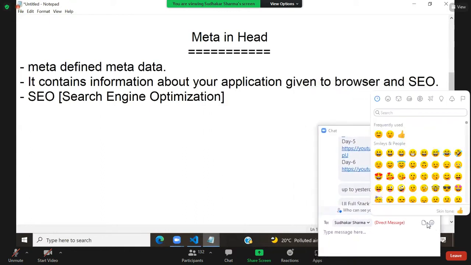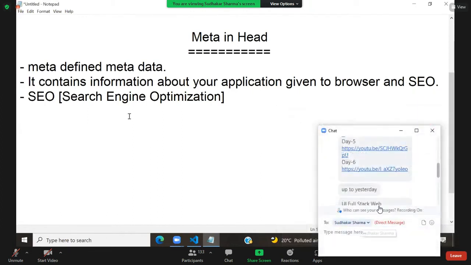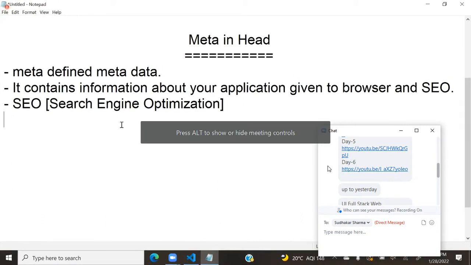A small point I will tell you. Meta means metadata. Metadata means information about your application. This information will be used by the browser and by SEO, search engine optimization.